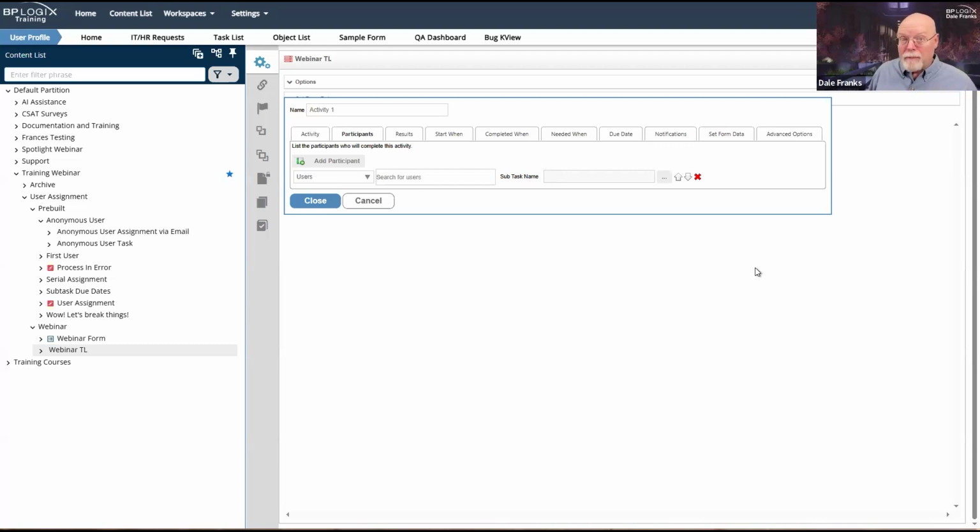That, by the way, is why you don't ever delete a user from Process Director. You disable the user. Once they're disabled, they no longer count against your license, so you don't have to worry about them. But you can't delete them because deleting a user would delete all of their history because the database is relational.